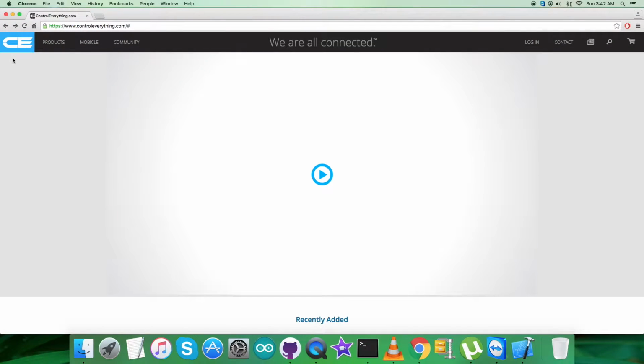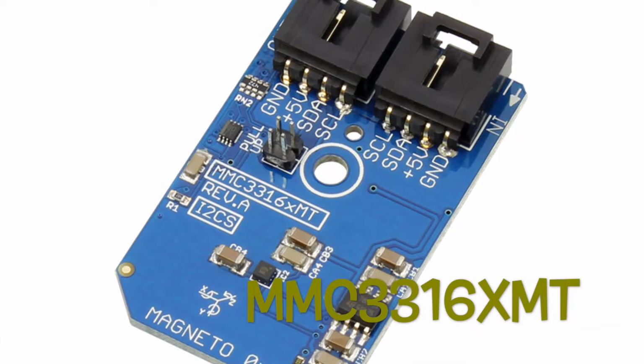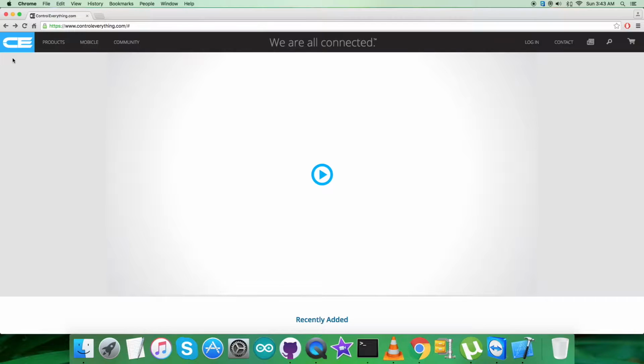Hey guys, welcome back. Now I will be introducing another magnetic sensor, that is MMC3316xMT. Now to gain more knowledge about this sensor, let's have a look over the website, that is controleverything.com, and